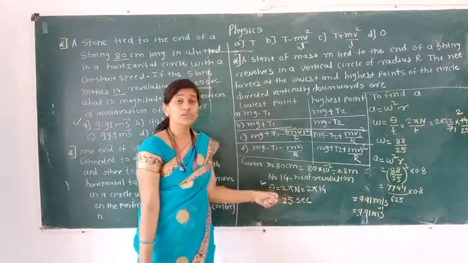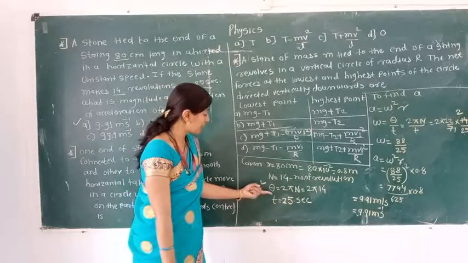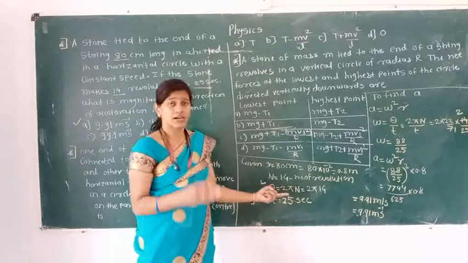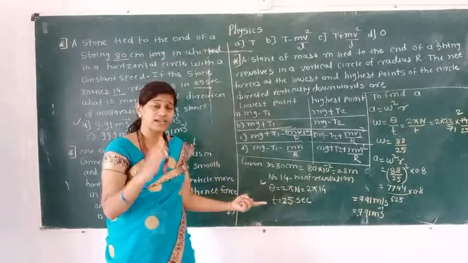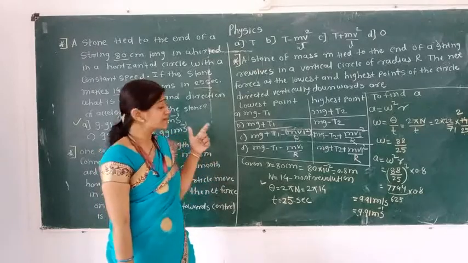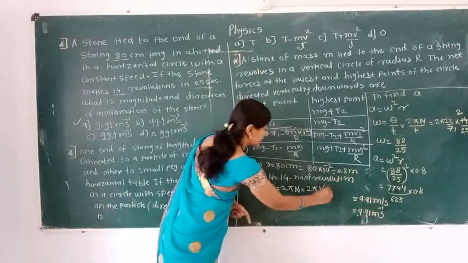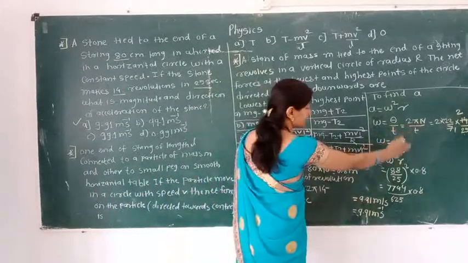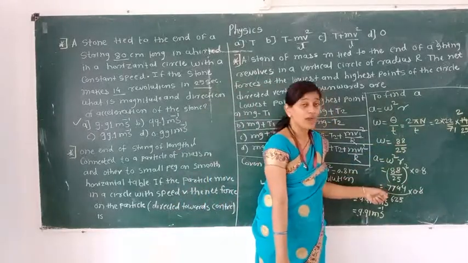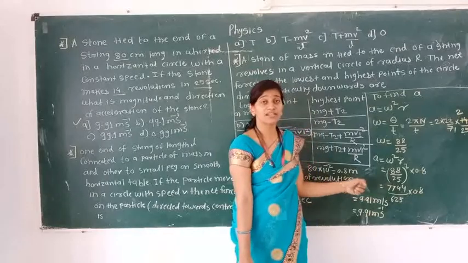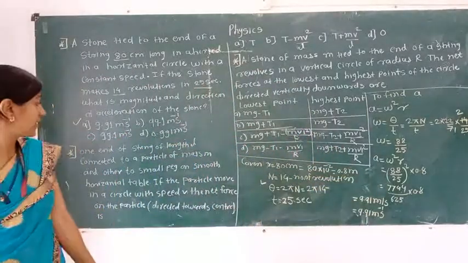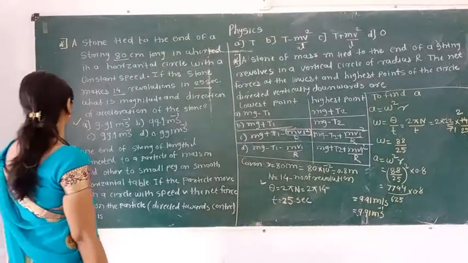As the number of revolutions changes, that time we can use theta is equal to 2 pi into N. N means how many revolutions the particle is going to take when it performs the horizontal circular motion. So here that is a new formula. By putting in this simple mathematical calculation, here I want to tell you once again, you have to use log table. Log table is compulsory for students. So we are getting the answer of this first MCQ.